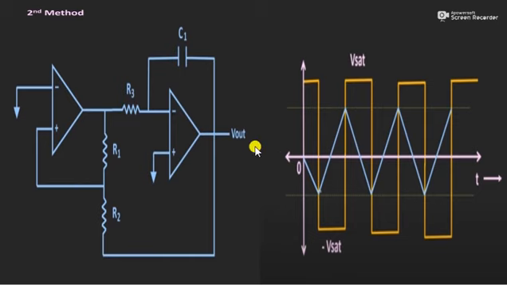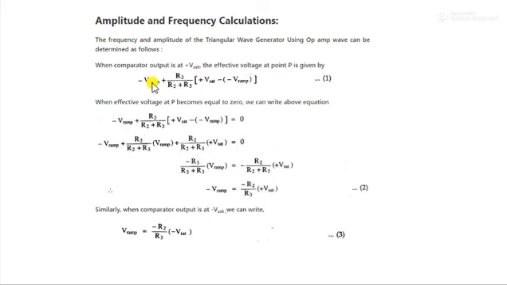And see here, the output of the integrator is nothing but that negative ramp, so it is at minus V ramp. And this is the voltage divider. The output of the comparator is plus V saturation. Both voltages are applied to the non-inverting terminal. First, we have written the output of the integrator, minus V ramp, and this is the output of the comparator. The output of the integrator is fed back to the non-inverting terminal of the comparator, so minus V ramp times R2 divided by R2 plus R3, plus V saturation minus of minus V ramp.